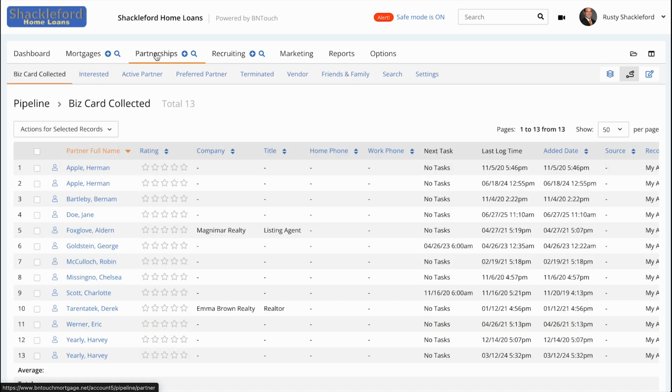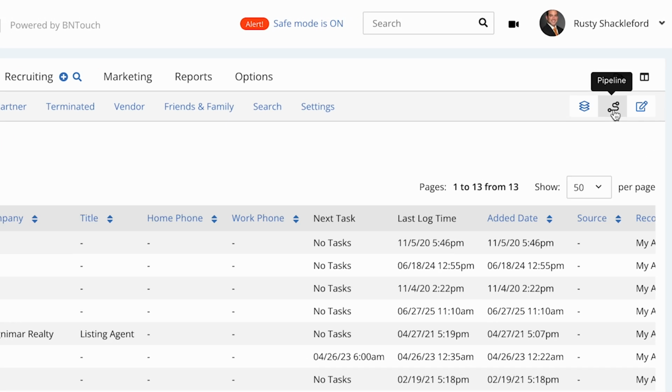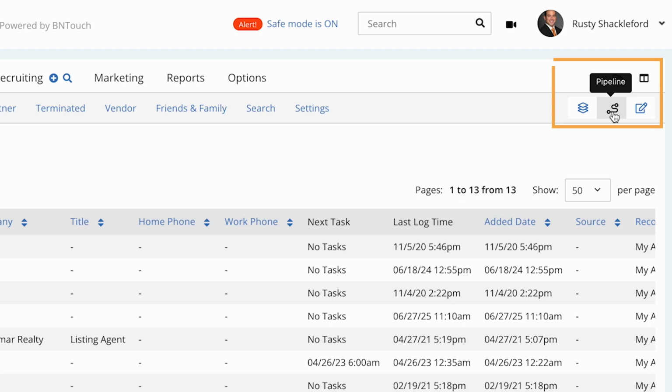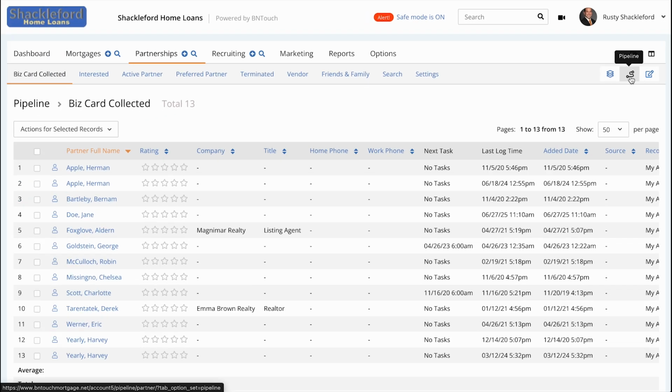You can organize these records in various ways, but the default view is the Pipeline view, which separates them by their current step in the marketing sequence pipeline. This view can be opened at any time by clicking the Pipeline View button in the upper right corner. In the Pipeline view, you can see records in various stages of the marketing pipeline by clicking the sub-tabs above